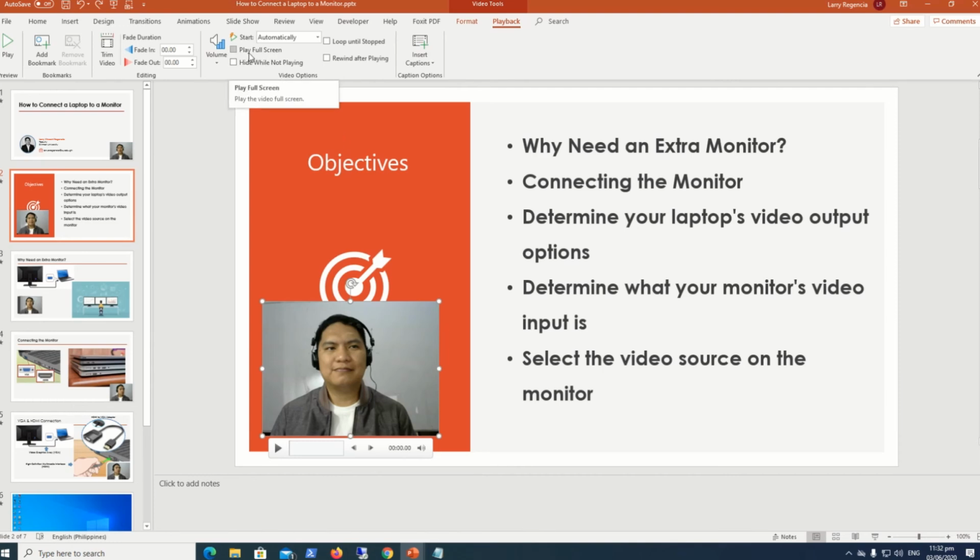The option to play full screen, unless you want your face to be the one seen full screen on the slide, then you can click on this option. Okay, then all the rest you can leave as is. Insert captions, not much, that's okay. Then so far that's it